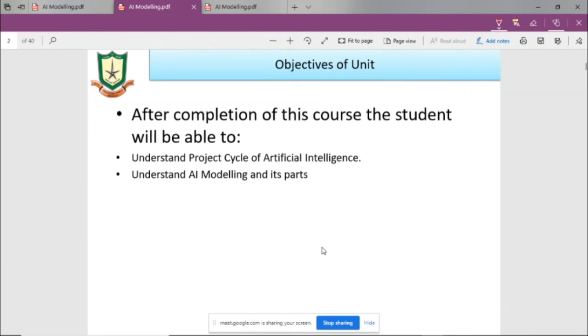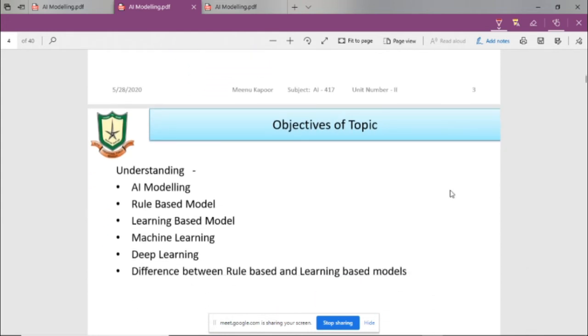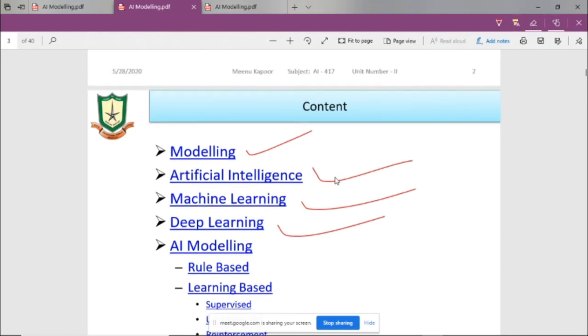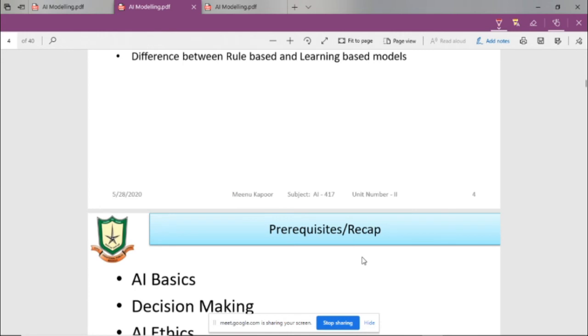So these are the objectives. Now I am teaching to my students one by one. Today we'll be discussing modeling, artificial intelligence, machine learning, deep learning, and so on. You can scroll. Eraser, if you feel like you want to erase all these ticks and marks, you can use the eraser option and your marks will be erased, right? And again, if you want to use the pen, you can use it, right? So you can scroll the screen and teach your students.